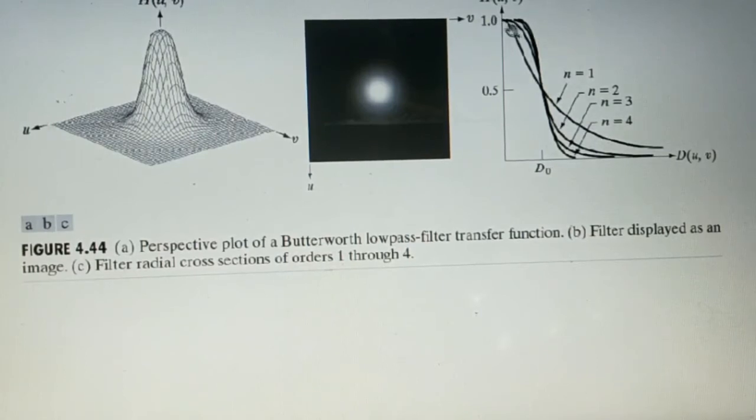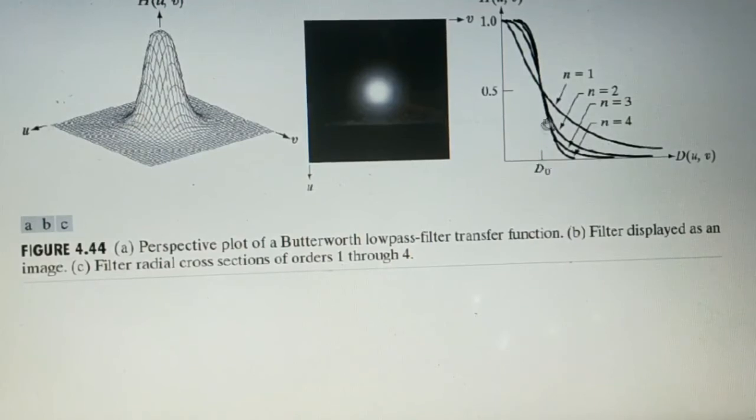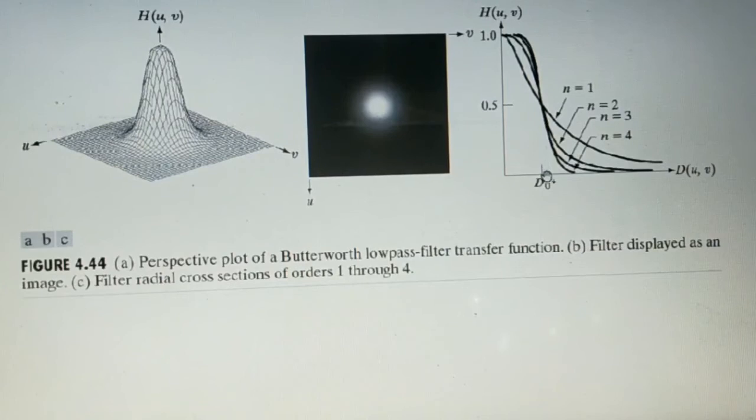Okay, so if the maximum gain is 1, the cutoff frequency is defined as that frequency at which the gain decreases to 50% of the maximum. So at this point in any of the curves, the gain is decreasing to 50%, and whatever frequency corresponds to that has been said to be the